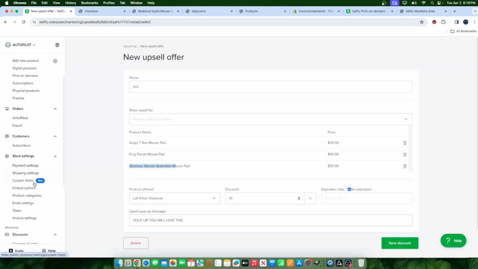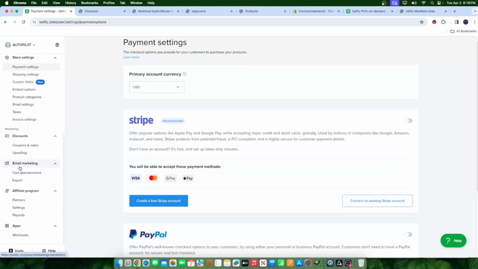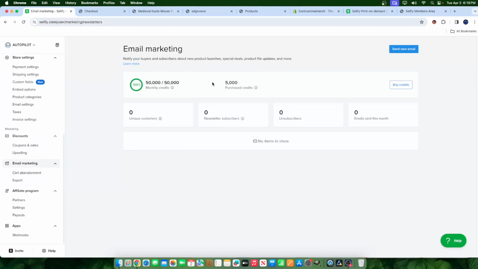And then, of course, you have your other payment settings. So once again, how the customer would pay. You have your email marketing. And email marketing is great. You can send up to 50,000 worth of credits a month for your email marketing. It's actually tremendous. It's a lot, especially if you're building a customer list,